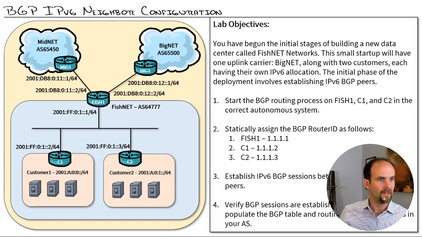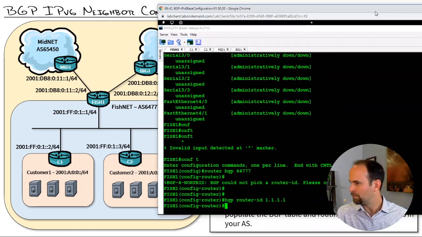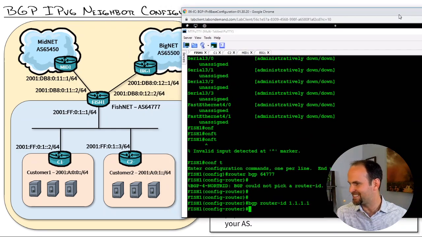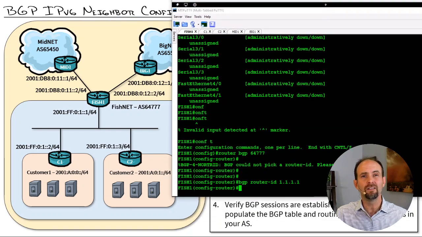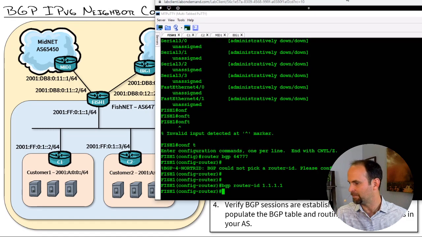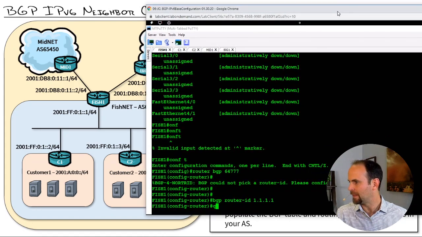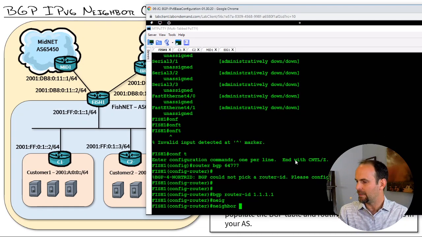Good, let's do it. So I'm going to come over here, bring this kind of partially in the screen so I can see all the addresses at the same time. Can we fit it all? Ish, right? That should be good, right about there. So I'll do on Fish1 neighbor, and we'll say